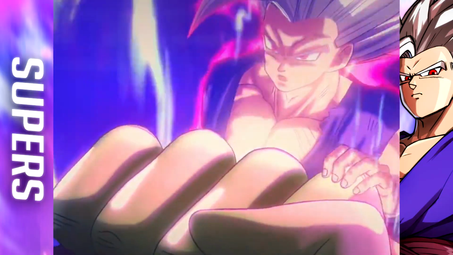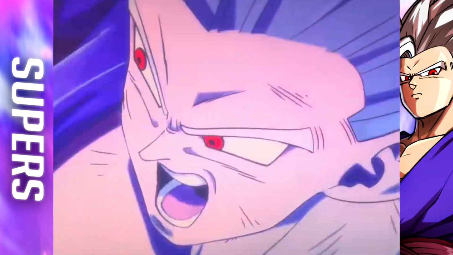And I'm sure the rest is self-explanatory, but yes, if you hit the counter, he will vanish directly in front of you and impale you with that beautiful kick that he does against Cell Max, which yes will give you a sliding knockdown. And to save the very best for last, it's going to be his level 3, his 214LM